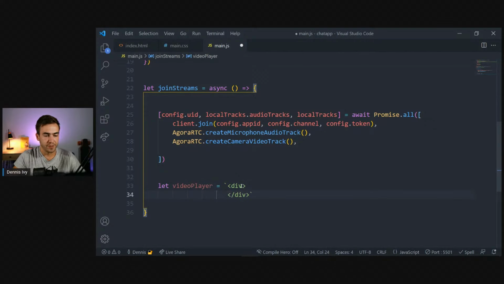So this div is going to have a class here. There's a few classes that I want to give it. So I'm going to give this a class of video-containers. I'm going to style this later. I want to use the same ones that I used before. So video-containers, and then we'll set the ID, and this is going to be video-wrapper, and we need a specific ID for every single video stream out there. So when a user leaves or mutes their mic or mutes their video or turns off their camera, we need to know which user or which stream to activate here or to modify. So we're going to go ahead and,